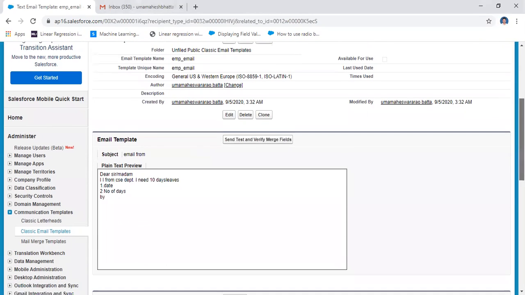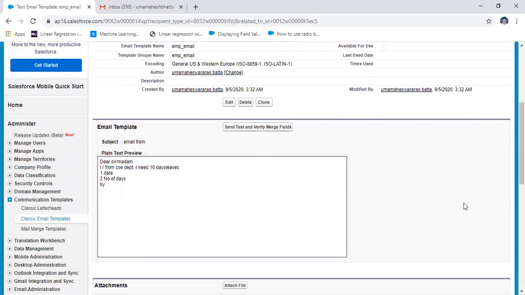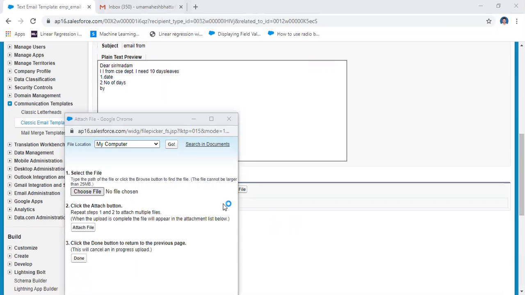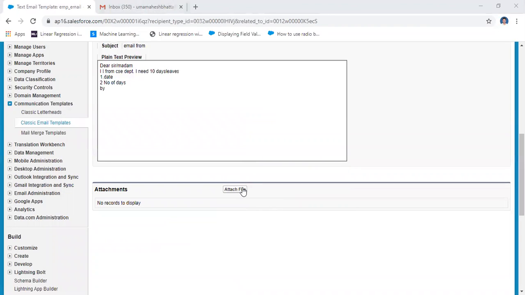This email template will reach the person, and you may attach the template file also. For example, if you want any file, the employee data, choose the attachment file. From the computer, I click on the department option, open that one, and then done.